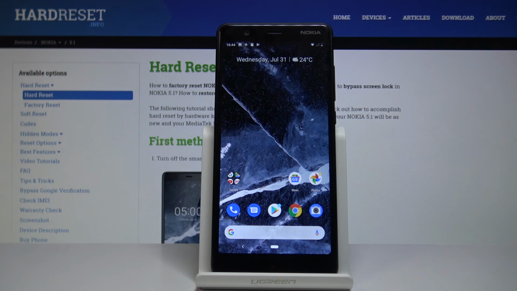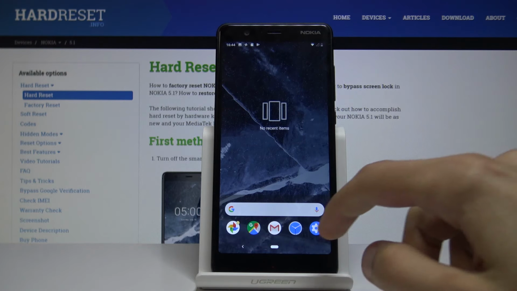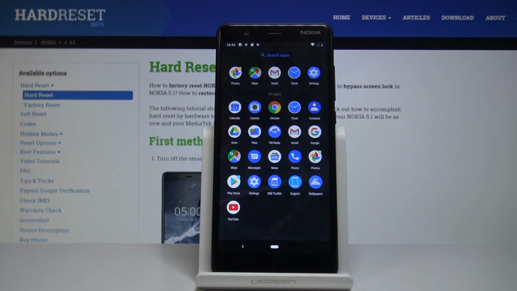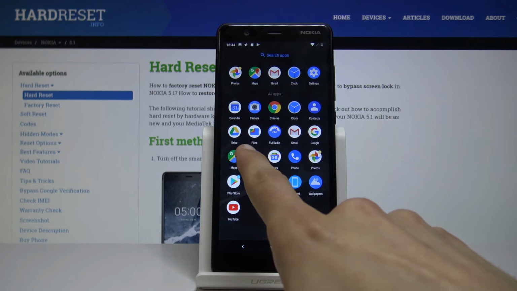My name is a Nokia 5.1 and today I will show you how to move photos from the device to the SD card. So assuming the SD card is already in the device, all you need to do is open up the Files app. So pull up the app tray and you will find it right here,